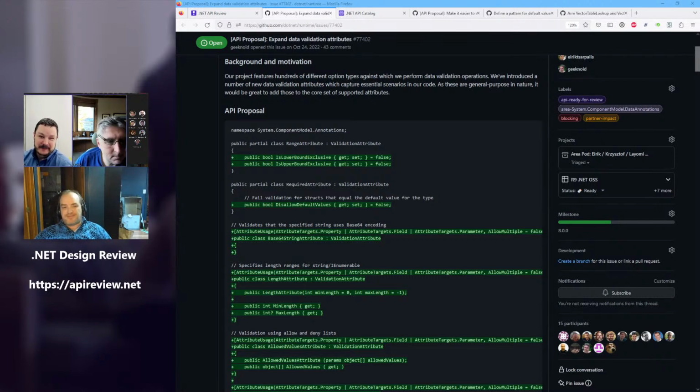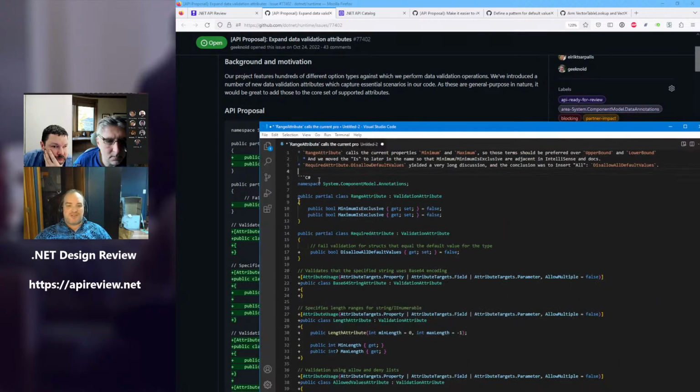So what's going to happen if the user specifies required attribute on a reference type and then specifies disallow default values false? Say that again, please. The user puts required attribute on a reference type and then says disallow default values false, which means that they have said specifying a reference type is required, but also that specifying null is allowed.